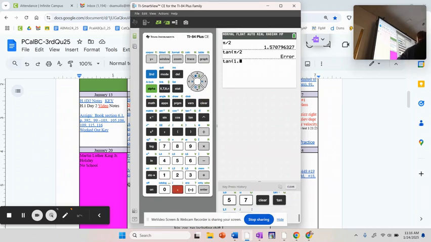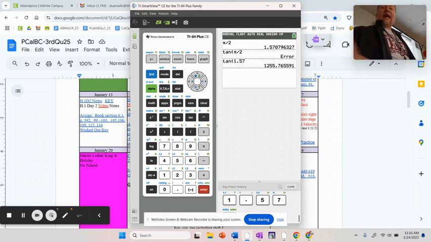Tan of 1.57, which is just short of pi over 2. All right, this is why we have asymptotic behavior. Enter. Boom shakalaka. That is an awfully large output value, right? Okay, so that proves that this is acting